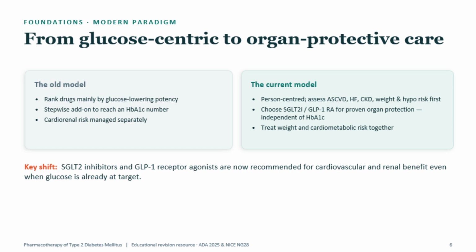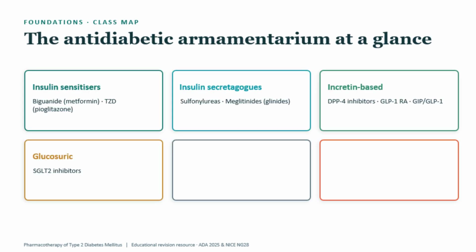Here's the line I want you to remember: SGLT2 inhibitors and GLP-1 agonists are now recommended for heart and kidney benefit even when glucose is already at target. That's a paradigm shift. Say it with me. Before we go deep,